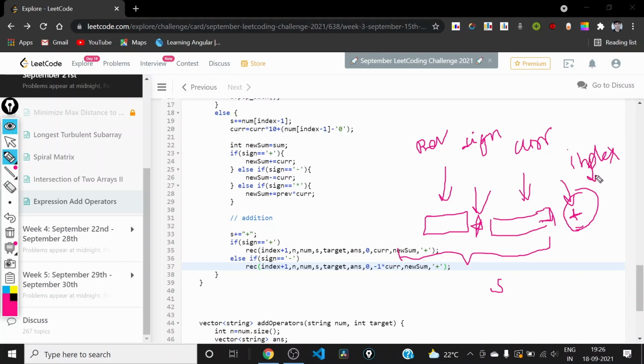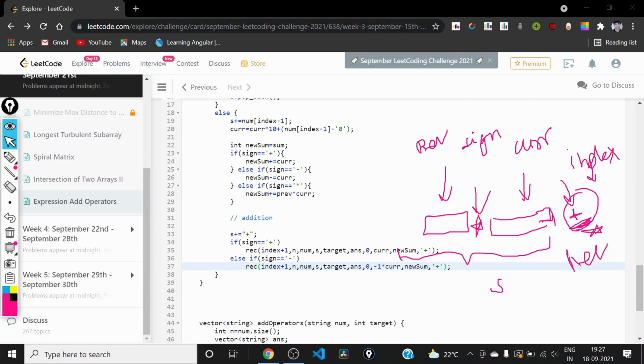We only need to care about current. We only need this previous quantity if the last sign was multiplication. So if we are adding multiplication, only then will the previous variable be useful. So we can have anything in the place of previous here. We can also put -1 here. There won't be any problem.